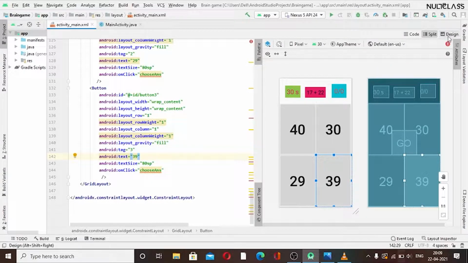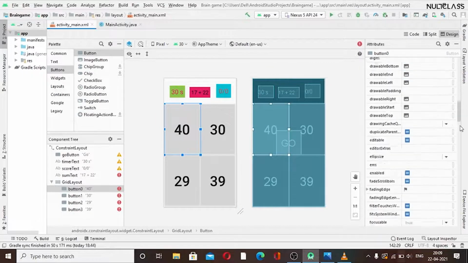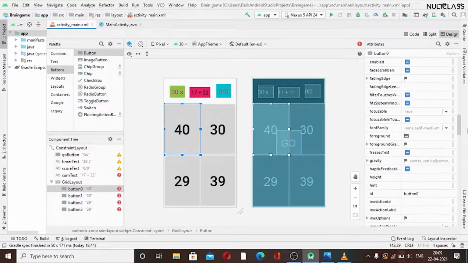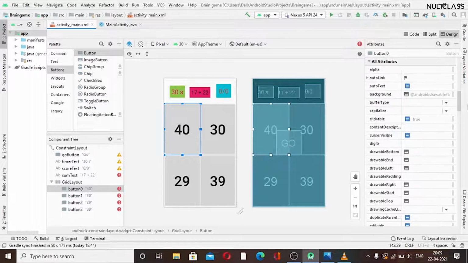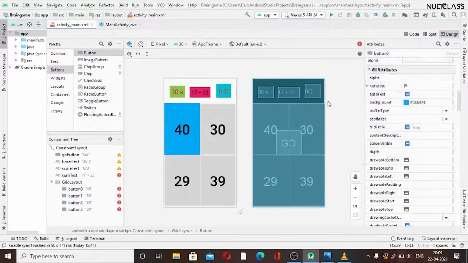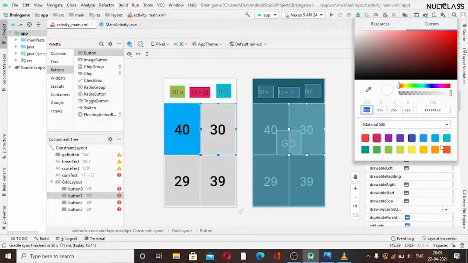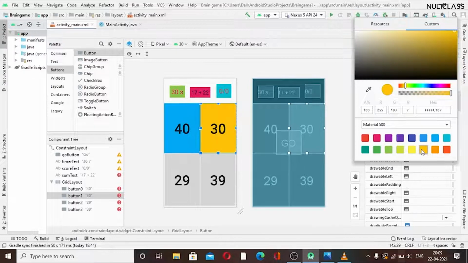Let's go back to our visual side and just quickly give it its background color. Okay, so just go to background and here it is. Just quickly give the background colors of all. I think for this blue is okay. For the second button, the background color should be, I think this is fine.